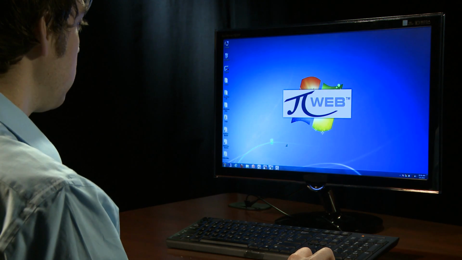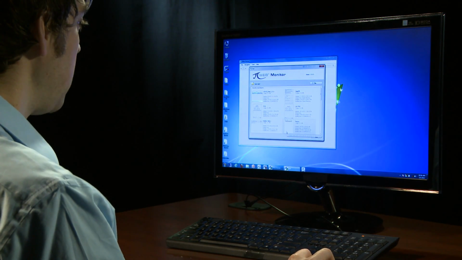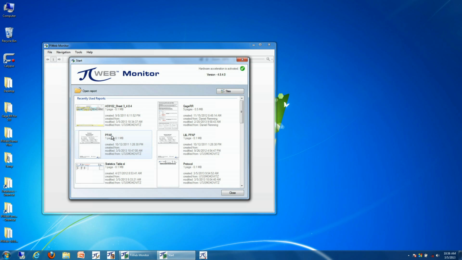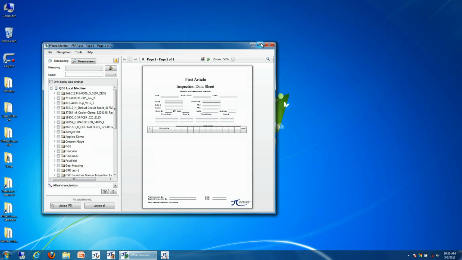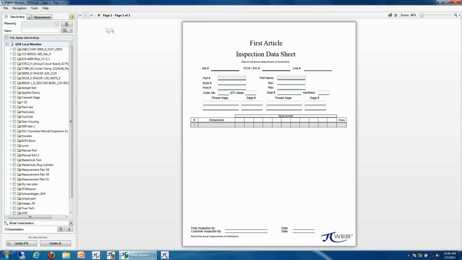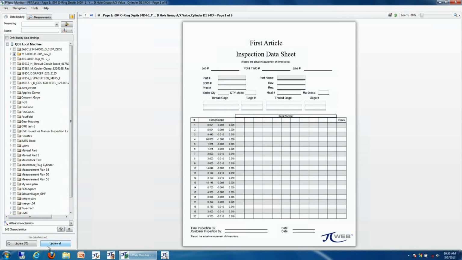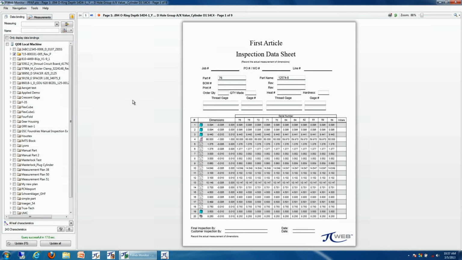Another common industry standard form is a PPAP form representing the last X number of parts. In order to use our PPAP form, we simply select the report and then we click on the inspection plan that we want represented in our PPAP form. And we just click update, and then PiWeb Monitor will add the amount of pages necessary to create the PPAP form. So the PPAP form will by default represent the last 10 parts that were ran, but if we wanted to specify a different number of parts that were ran or a different